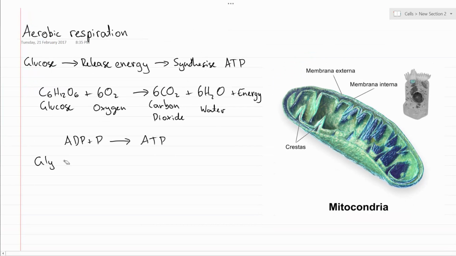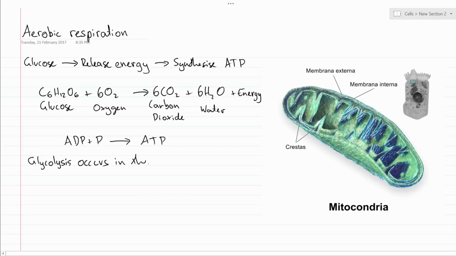Let me try that again. Glycolysis. Let me try that one more time and I'll see if I can spell it right. Glycolysis. There we go. And glycolysis is going to occur